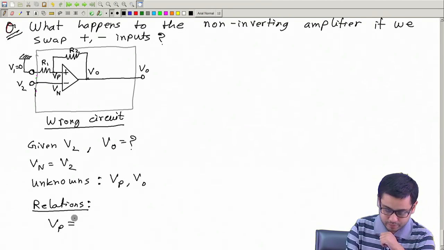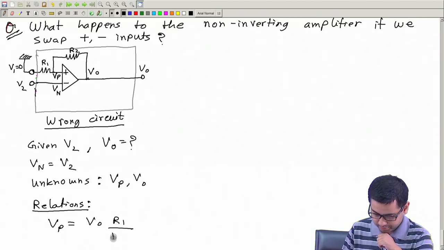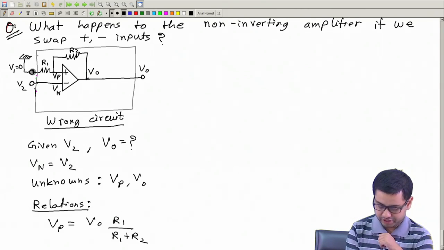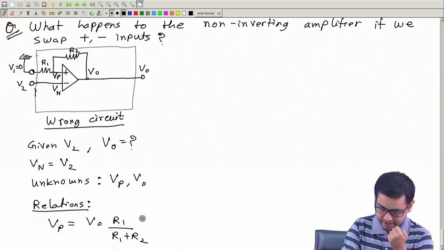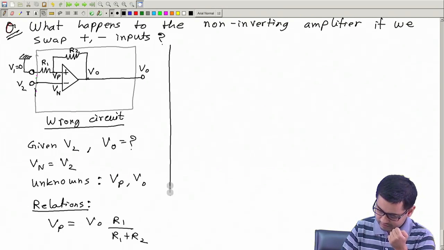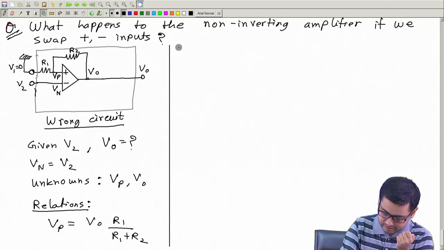is equal to VO multiplied by R1 divided by R1 plus R2. Very quickly you can find the current, and then multiply that current with R1 to get this voltage. Potential divider rule essentially. So this is Vp. Now let me write the same thing in terms of VO,